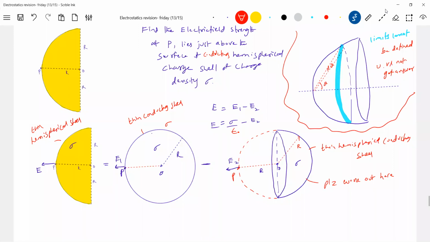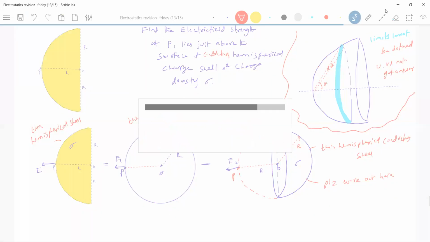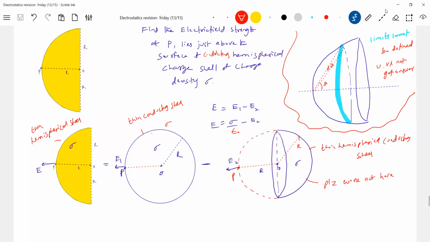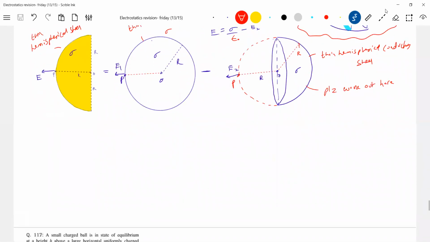What is the charge on Q charge? Q by 4 pi epsilon naught r square, the field on the surface. 4 pi r square is what? Area. Charge by area will be the surface charge density. Sigma by epsilon naught will come. Shall I scroll down? So we'll work out the mathematics there. Let me take this diagram here.